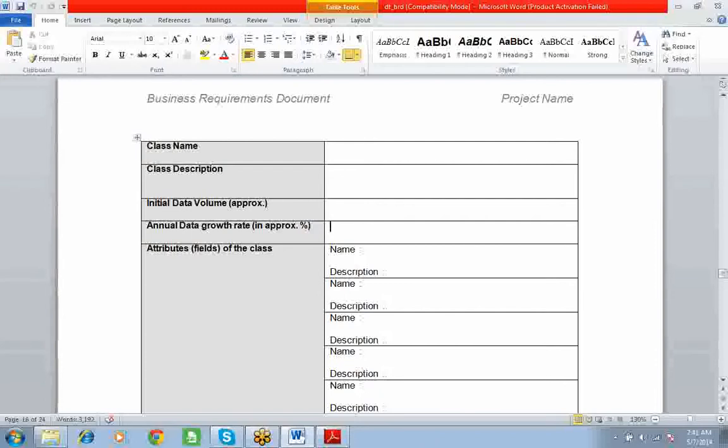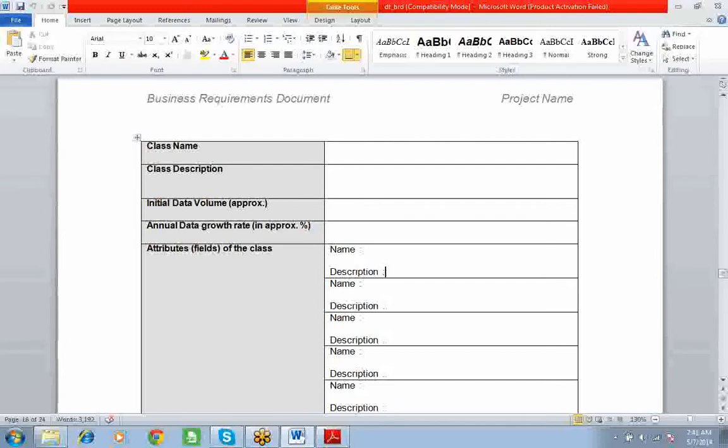That means how much we can increase the volume of the table. That is what we call annual data growth, how much data it is growing. That's it. And coming to attributes, you can say fields, columns.